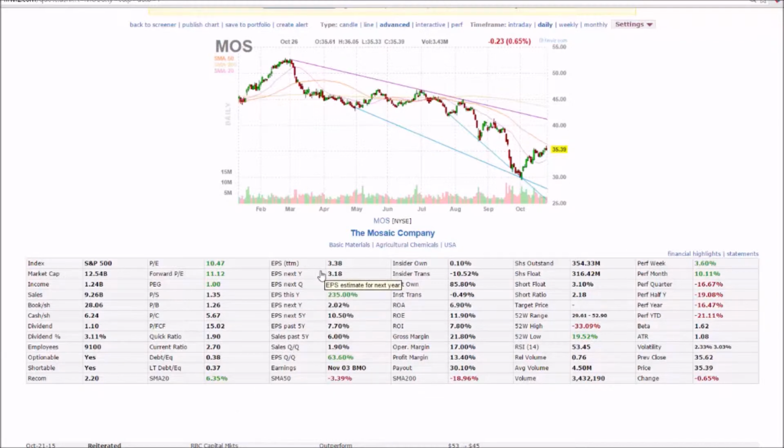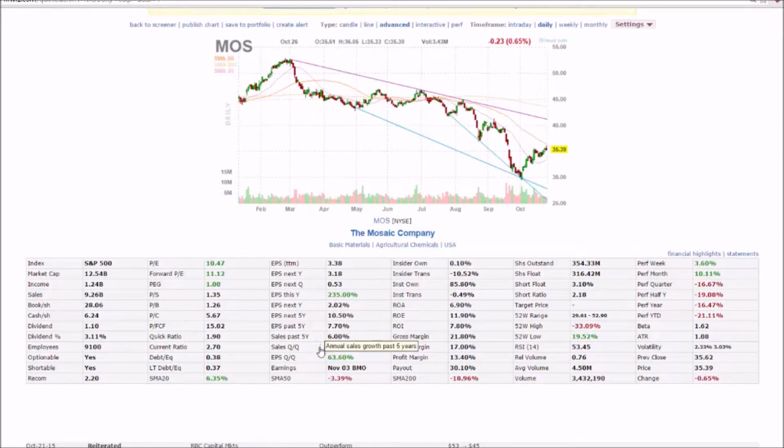Earnings per share, we already saw it's $3, and next year it's $3.18. So their projection is less, and sometimes it's important to know because here we don't really see past or further history. In order to see that, you would need to go to other research facilities, for example Yahoo Finance or Value Line or Morningstar if you have a subscription, or Google Finance if you want to have a look for free, and there would be 4 years of data.